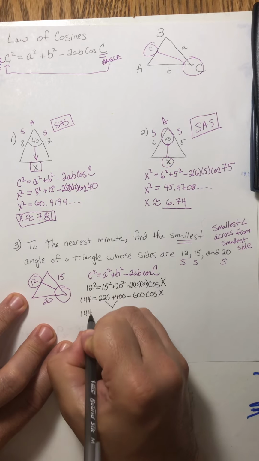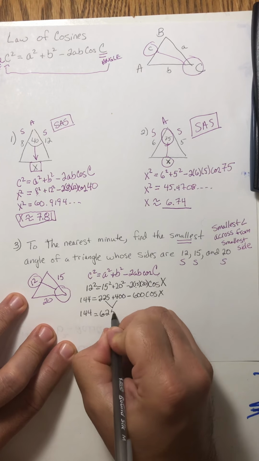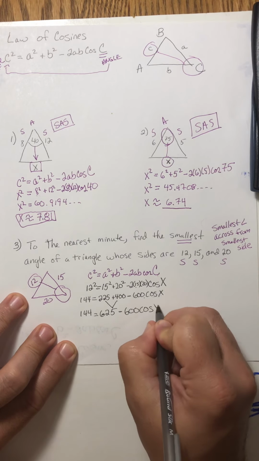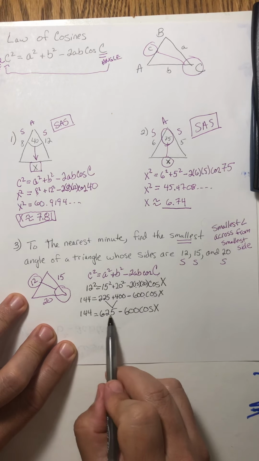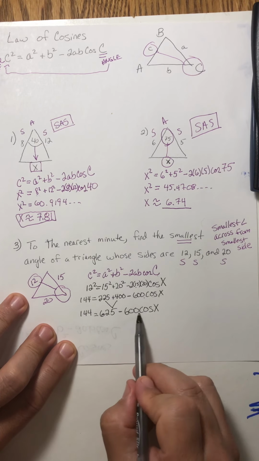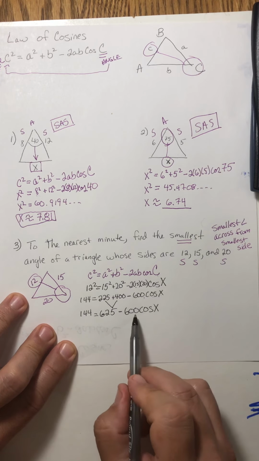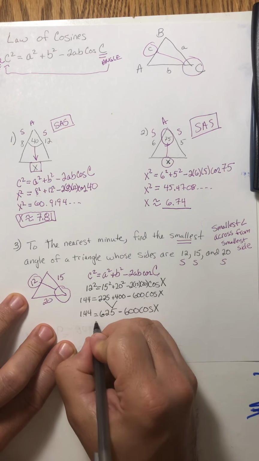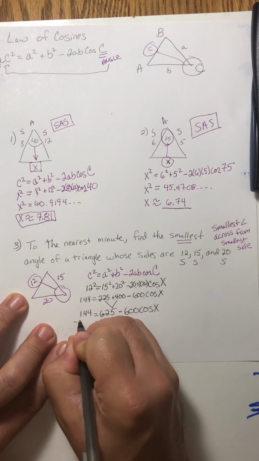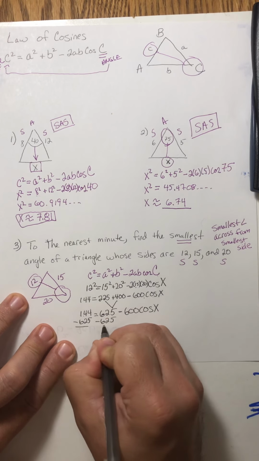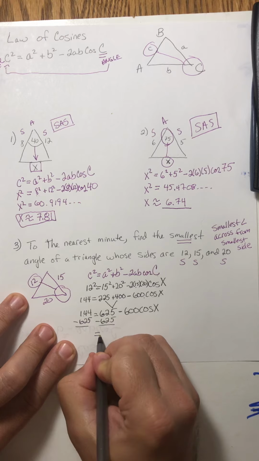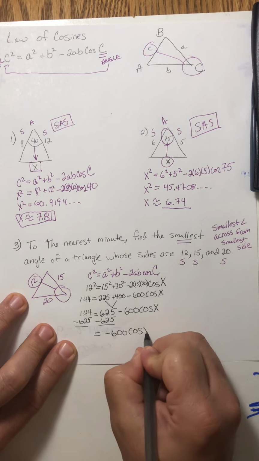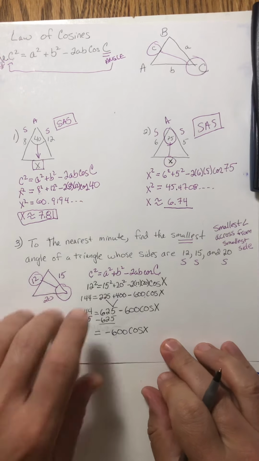So I have 144 is equal to 625 minus 600 cosine x. Remember, I cannot subtract these two because the 600 is attached to cosine x. So the algebra tells me subtract 625 from both sides. So minus 625 equals, now I'm going to bring this down, and then typing this into my calculator,